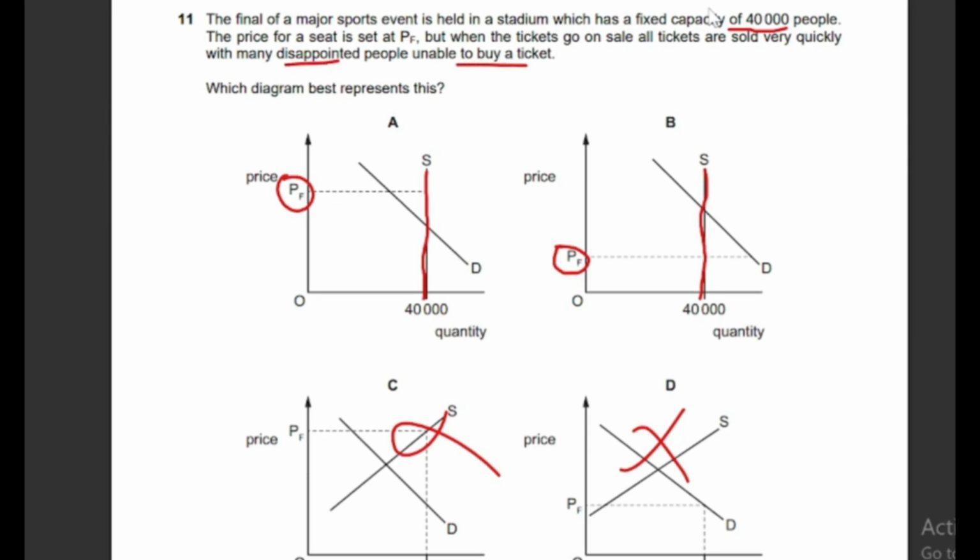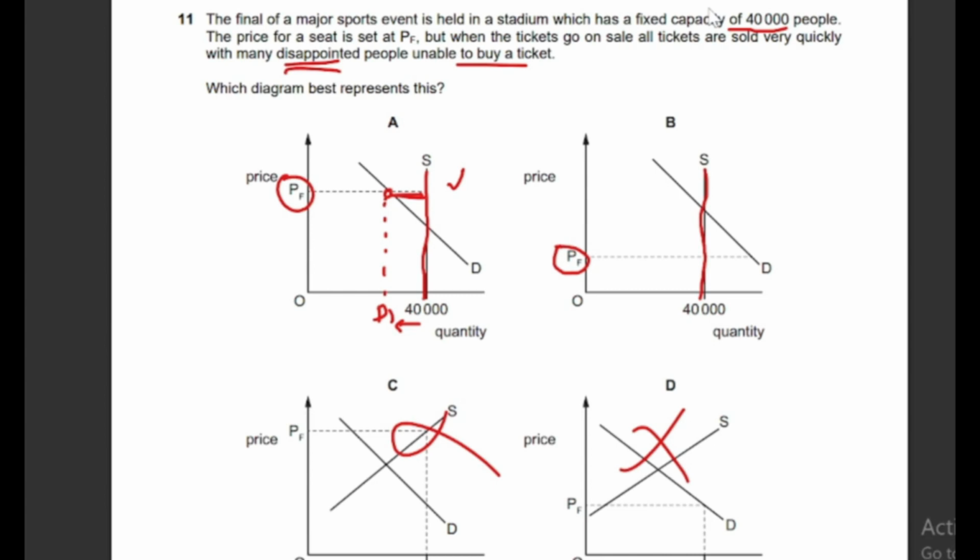It means there will be shortage, demand will be more and supply will be less. If we consider option A, at price PF, where it intersects the demand curve, we will find demand is here, D1 for example, this is less than 40,000 and supply is 40,000. It means in this case supply is more and demand is less, but we have to find the point where demand will be more and supply will be less, because some people are disappointed and they don't get the